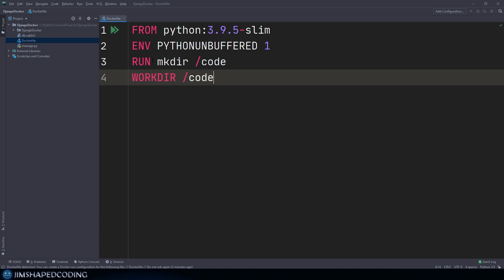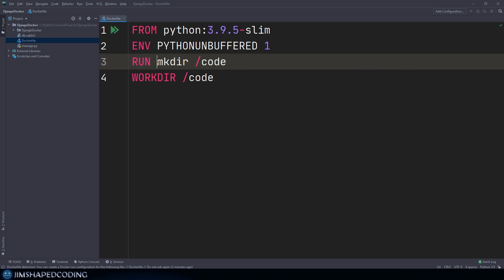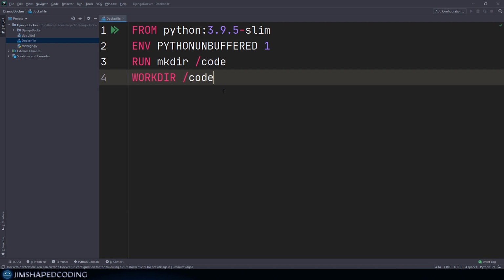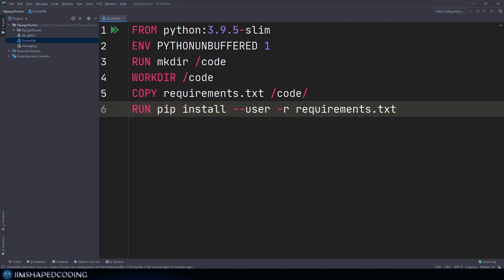Now you can see how I run just a command that says make directory code and then use this as a working directory. So that is all what those two lines are doing. And the next two lines are going to be responsible to declare the Python libraries that we'd like to install